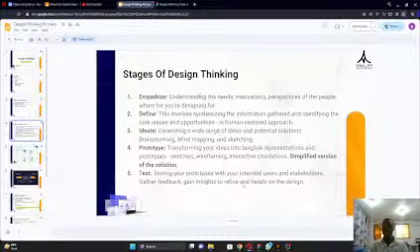Now, after the empathize, the next stage is to define. This involves synthesizing the information gathered and identifying the core issues and opportunities in a human-centered approach. You already conducted the research about them. You already know the kind of problem they are facing and the particular challenges they are experiencing. Now, the next stage is to identify those core issues and create some opportunities